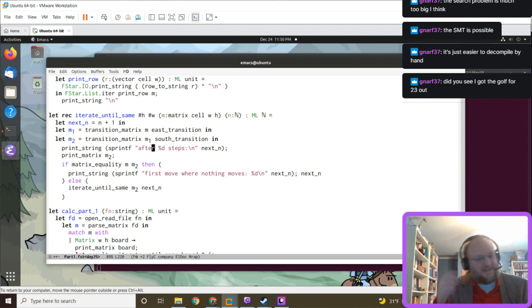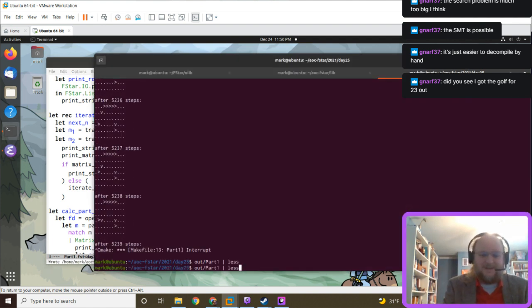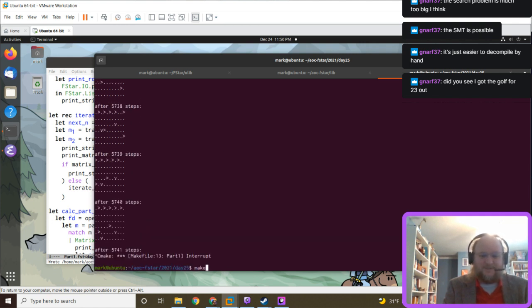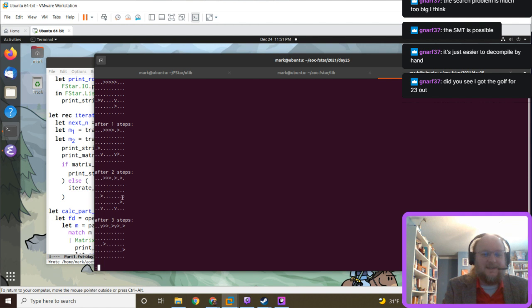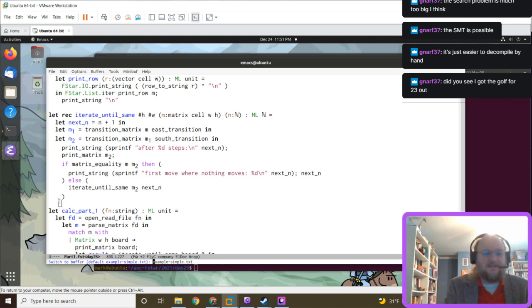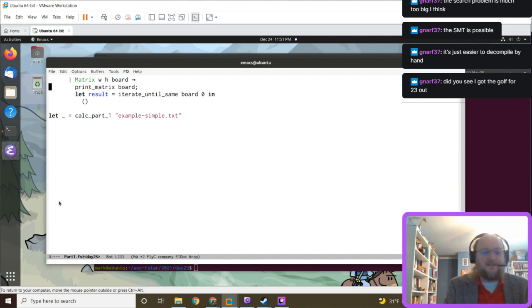I'm not passing it in at all. All right, so maybe that'll work better. That would explain why the east wasn't moving at all, because I was just moving south. All right. Great. Let's try the real example.